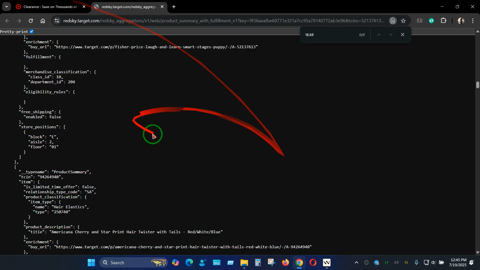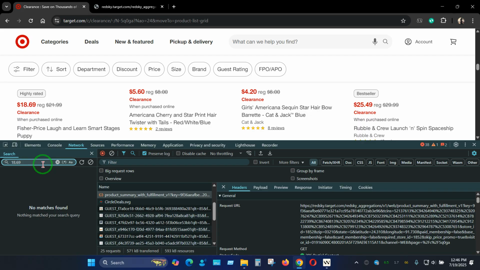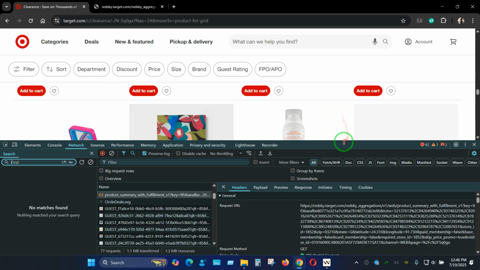Okay, so this information is not present, so we are going to search here for 1869. Sometimes it is written as comma separated value. So as you can see, this item is not available in the request response. So let's try to go to the next page to understand